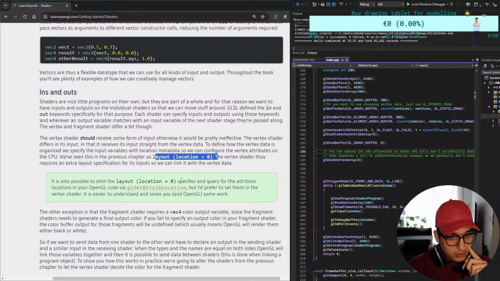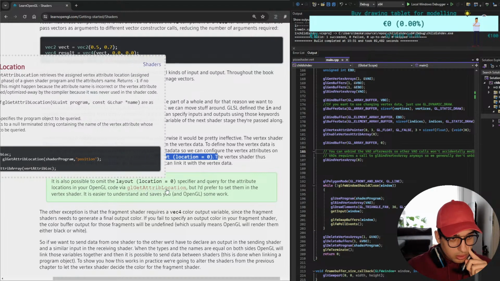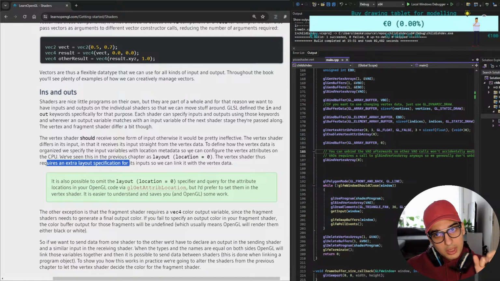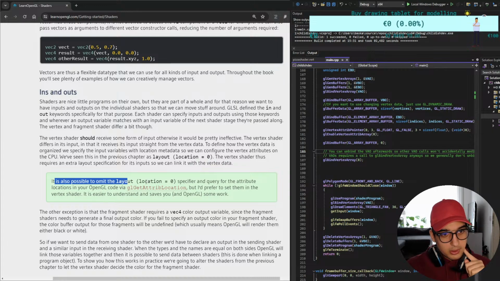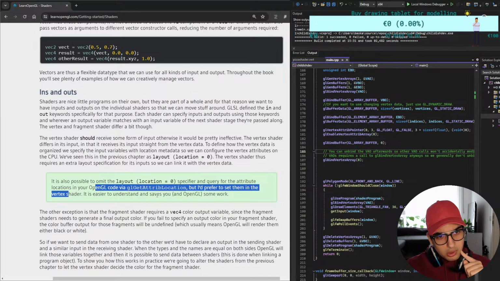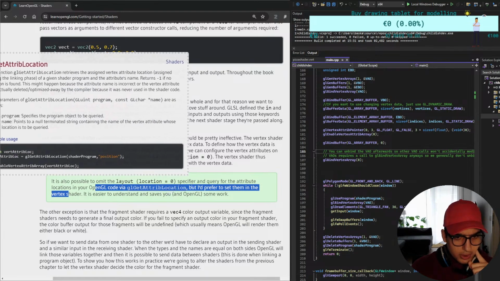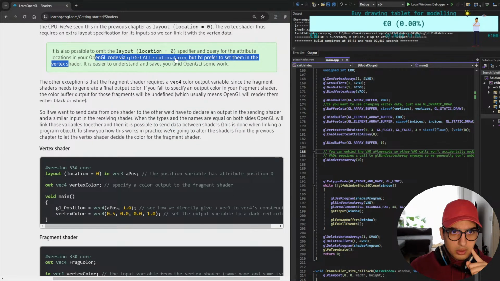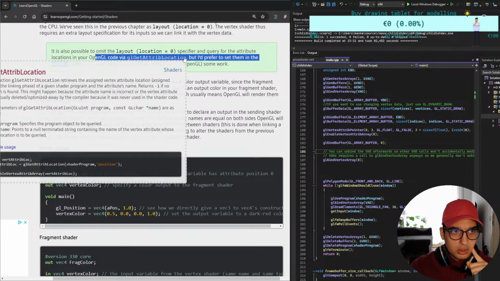So we have to define. Okay. Never mind. The vertex shader thus requires an extra layout specification for its input, so we can link it with the vertex data. It's also possible to omit the layout location specifier and query for the attribute location in your OpenGL code via glGetAttribLocation. So it means